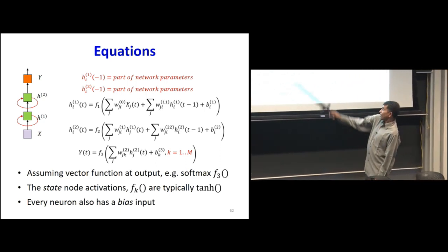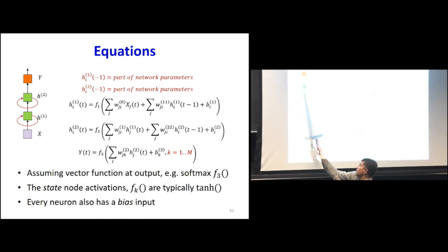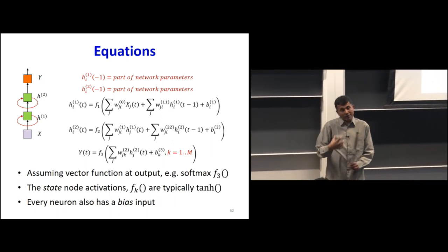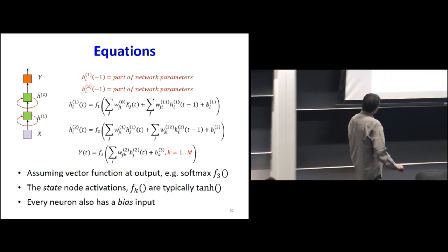And then finally, you have the output, which is just some activation applied to a weighted combination of these. Again, keep in mind that all of these are really vectors. I've shown you a little square, right? So what this really means is that